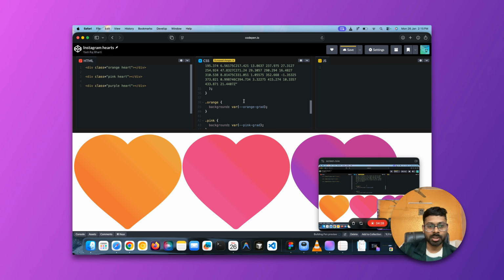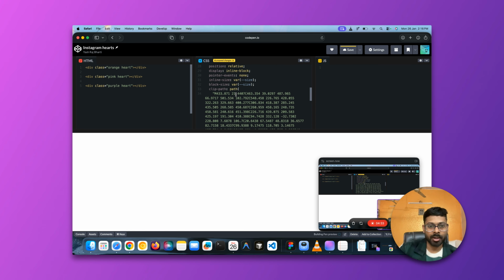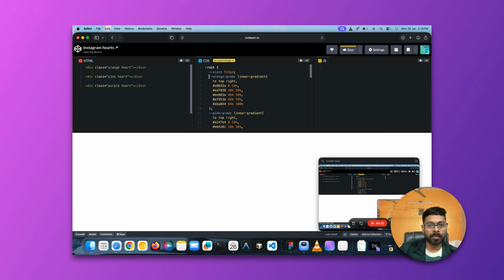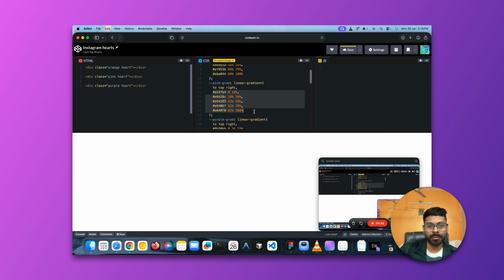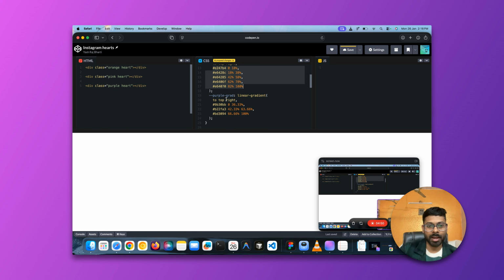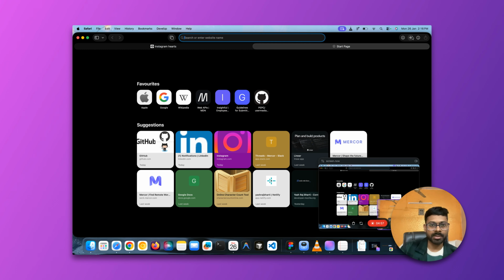Let me just comment this out, and comment this background part. So what we are saying here is that we have defined the size. We have defined these three colors, which are gradient colors going to top right. We are moving left to right here, just using these colors to match whatever we saw there. We could have just gone to bottom, or to different alignments or directions. So I have this tool called